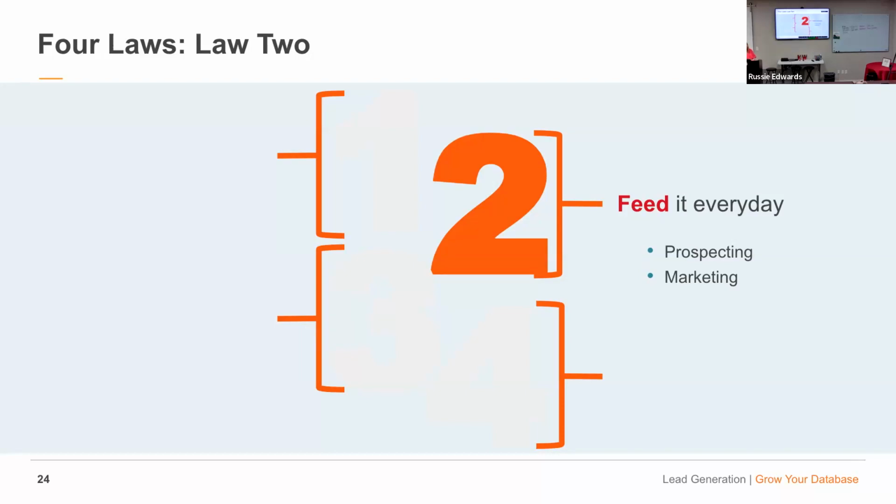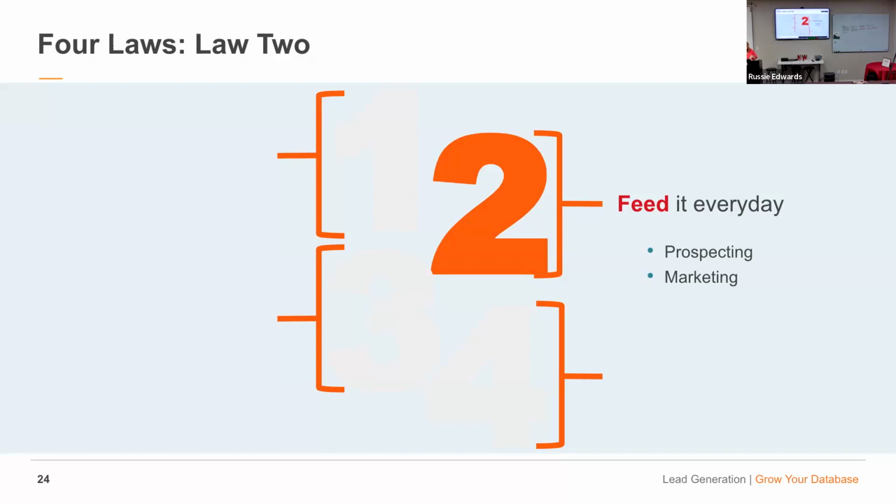So all the people that you know is what you're adding when you're feeding your database: your dentist, your children, your coworkers, all those people. The rest of your feed comes from where? You've added everybody you know. How are we going to continue to feed our database? Conversation. Asking for referrals. Lead generation. All of those things are how we're going to add them.